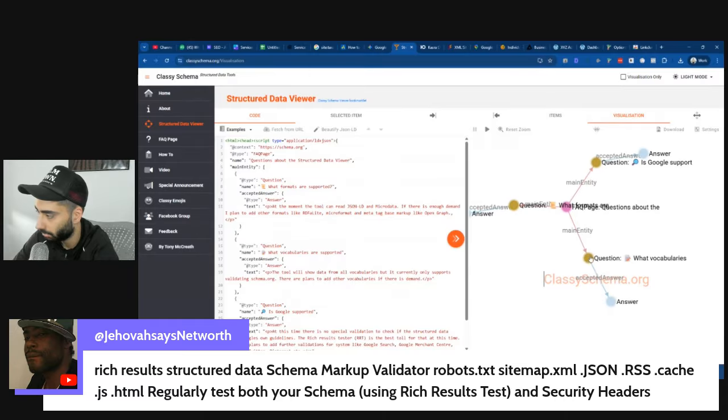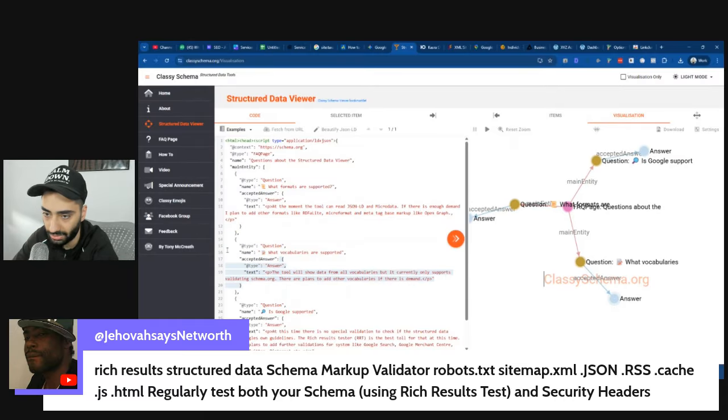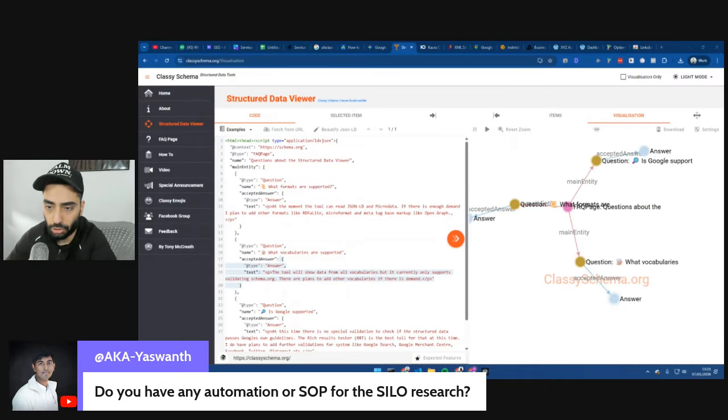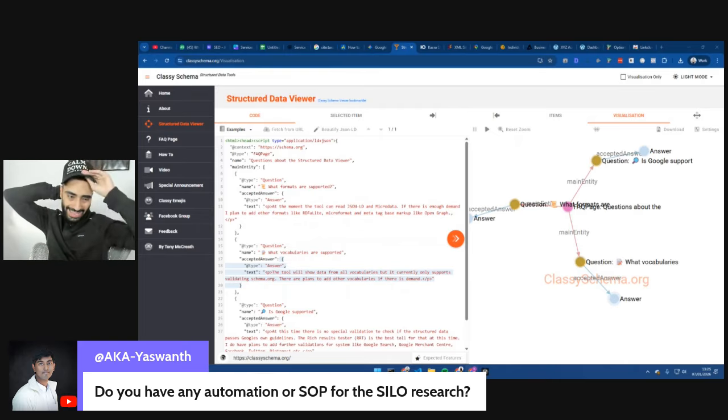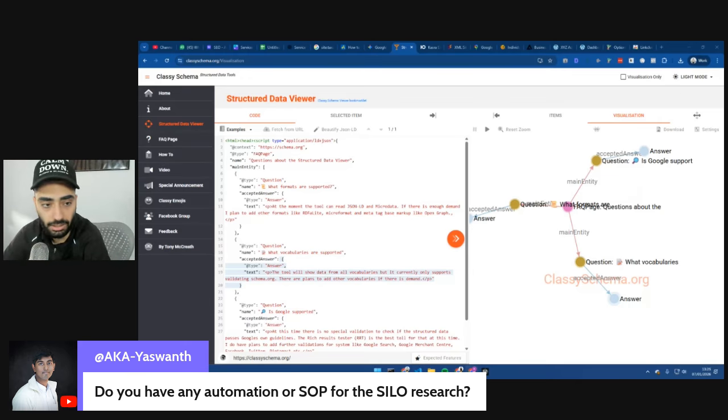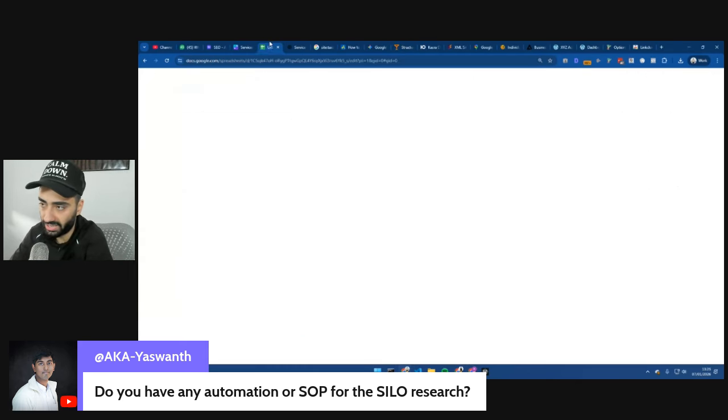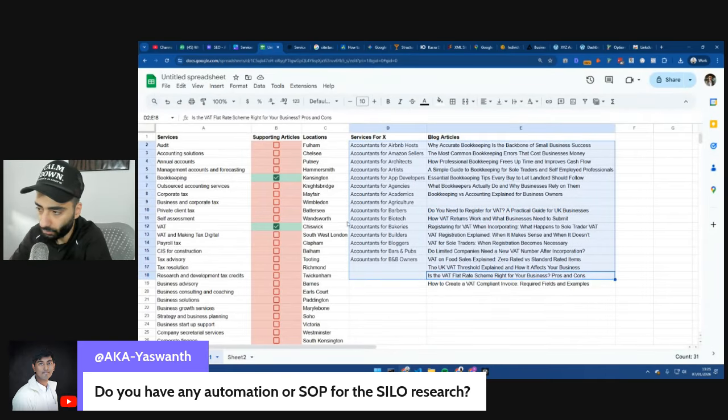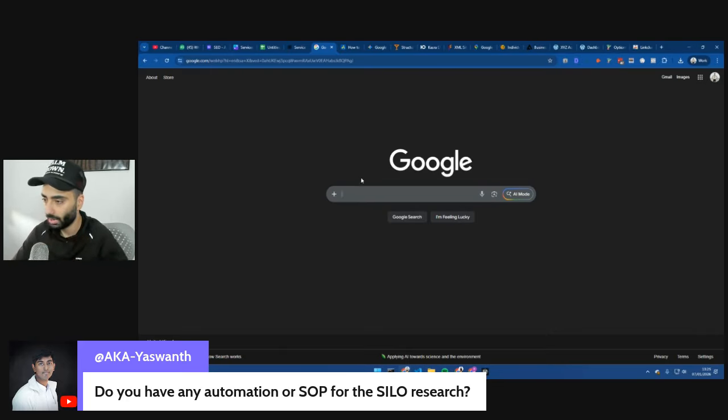So like what are vocabularies? You've got answers, etc. Do you have any automation or SOP for the silo research? Yeah. I'll show you a very quick way of doing keyword research, right? So obviously this section probably took us the best part of like 40 minutes to do. But if you wanted to do this on the fly very, very quickly, what you can do is you can